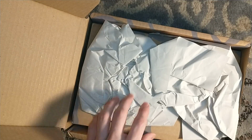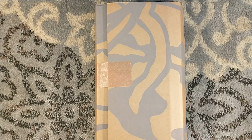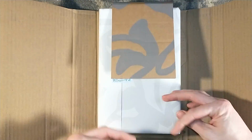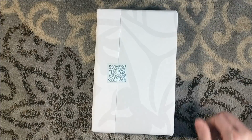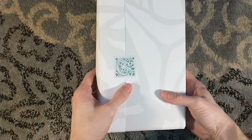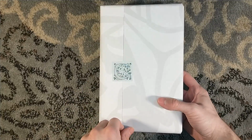Anyways, this is the new illustrated special edition of Anansi Boys by Neil Gaiman, published by Headline over in the UK. And oh, look at this packaging. Very nice, very formal. This is obviously Cole's own wrapping paper and Cole's little logo there as